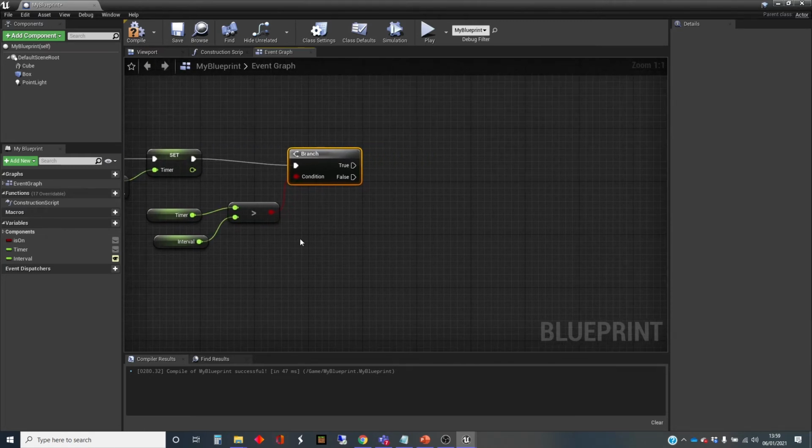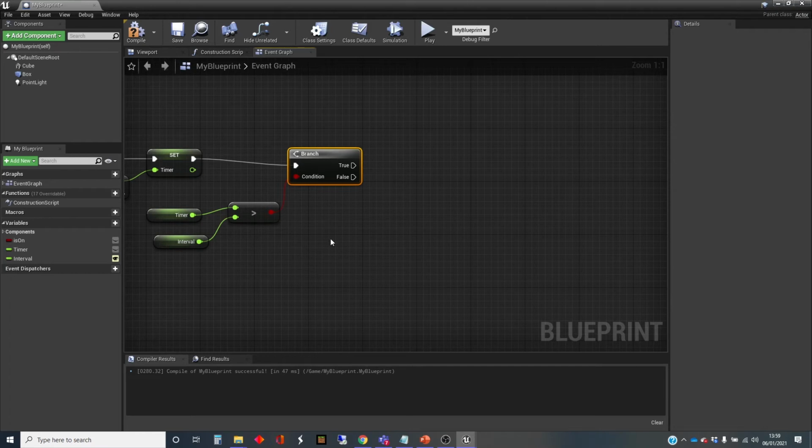And actually, just to show you another node, instead of just setting the timer to 0, what I'm going to do is take the value of interval off the timer. So if we happen to have a great big slowdown and the frames start taking quite a long period of time, this will still be robust, because however much further we've gone in time than the interval amount will be retained